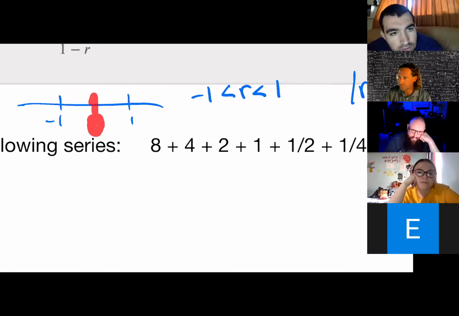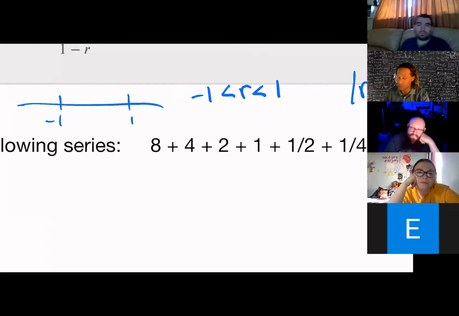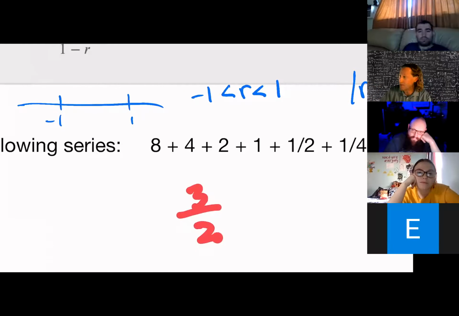0 in the middle. Good. But what kinds of things are between 0 and 1? Fractions. Oh, fractions. Very good. So if you see your r, that is a fraction. Now, careful. I can try to fool you. I can test you. Just because it's a fraction doesn't mean it's